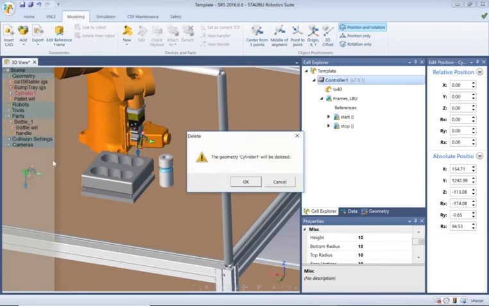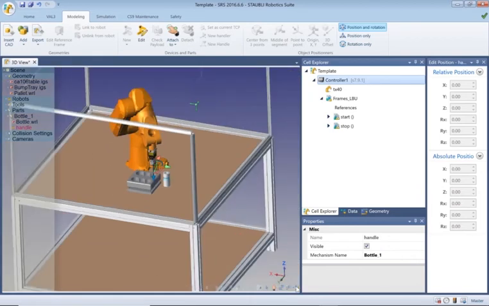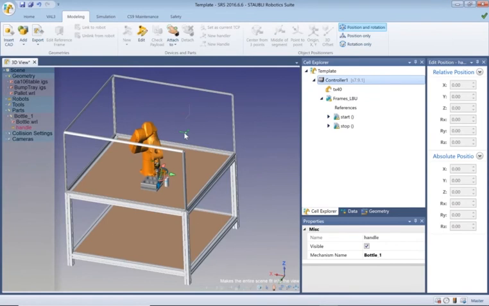Just delete that part, it shouldn't be there. Right, now what I need to do is work out where that handle is, and I want the handle, which is where the robot gripper can pick up the bottle from, to be at the center of the lid and just a little bit down, maybe halfway down the lid. If I zoom extents all, you can see it's right over there,